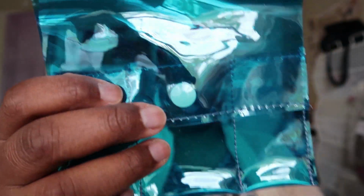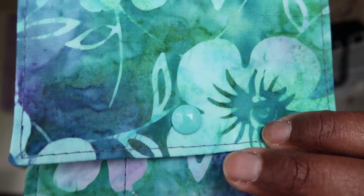Now, to go with it, I made Myra 2 of the lip caddy holders. This is so easy to put together, so I won't go into detail about it. But what I did use, you all know, I received my cam snap press, and I have some snaps, so I was able to use snaps on both of these versions. So cute. Again, I just told you where the vinyl came from. I did both on purpose to show you the difference between just the fabric version, which you do use stabilizer for,